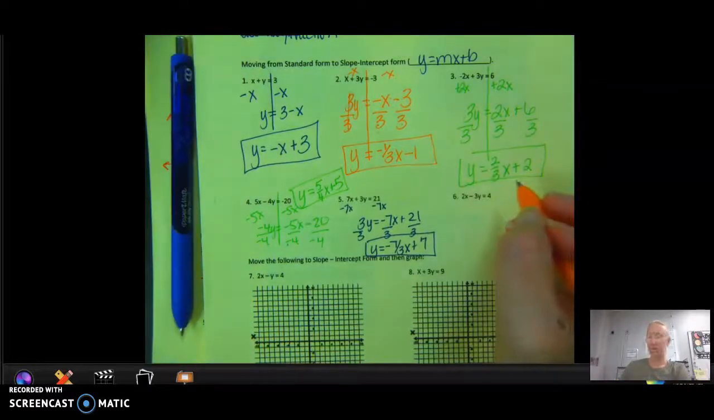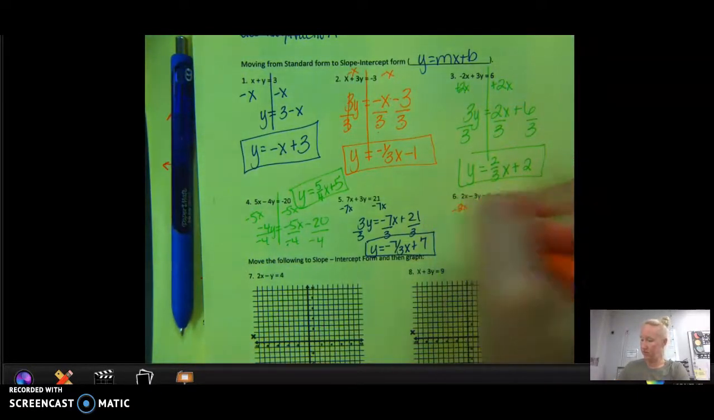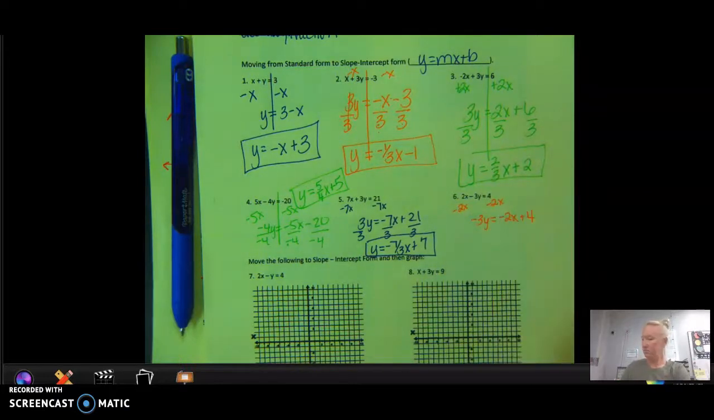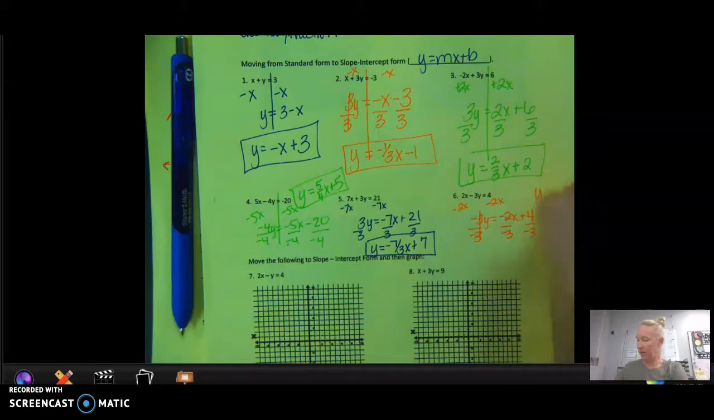And then number 6, we're going to subtract 2x from both sides. I get negative 3y equals negative 2x plus 4. And then I'm going to divide by negative 3 everywhere. Cancels here. I get y equals